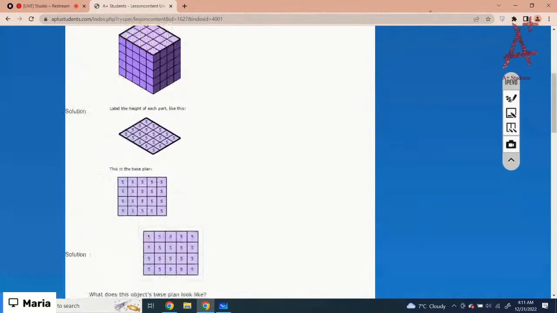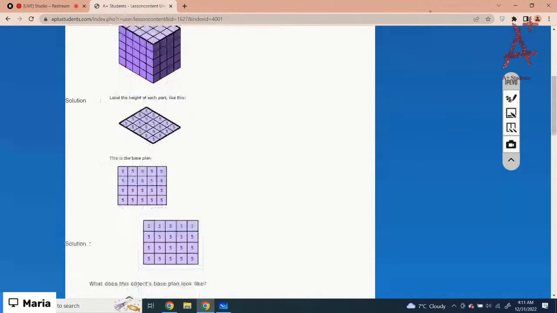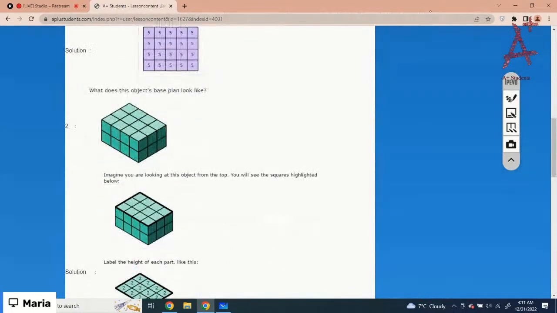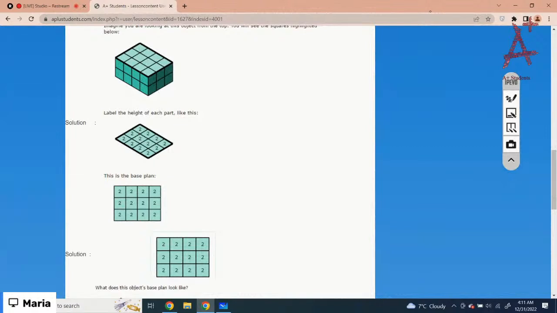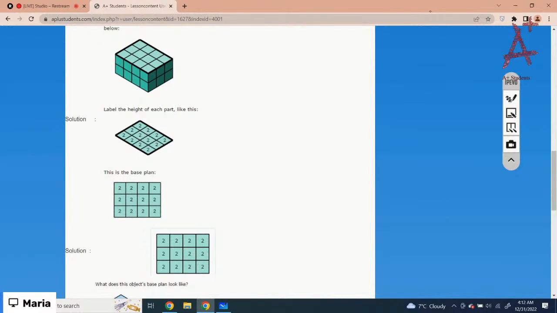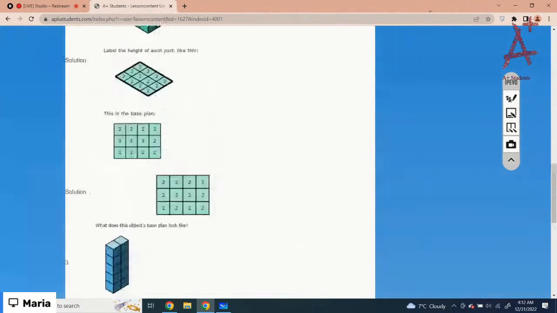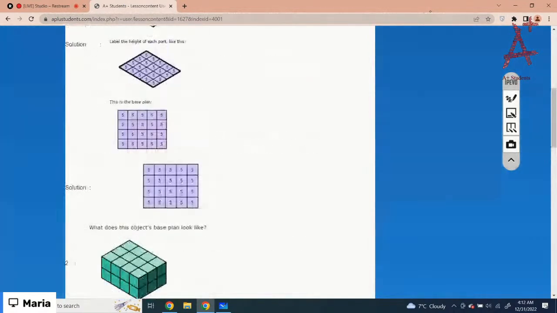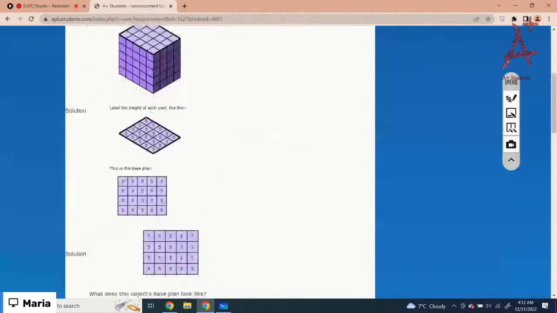This is the base plan. So what you have to do? Basically, the top and the base are exactly the same for the object. Got it? So on the top you have